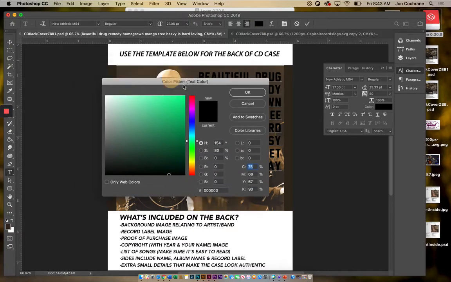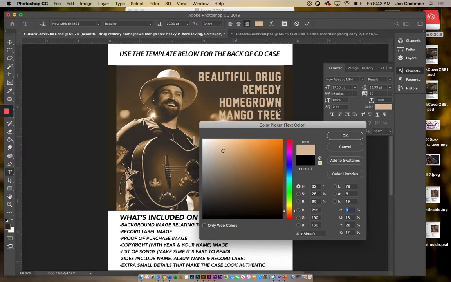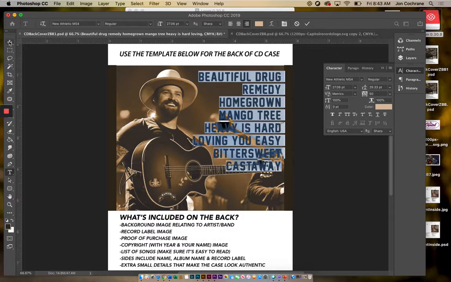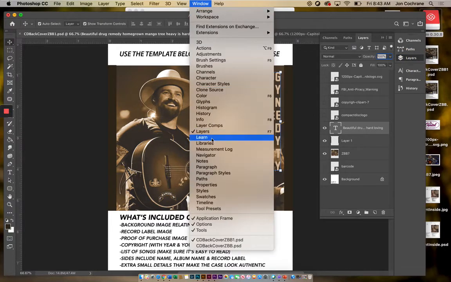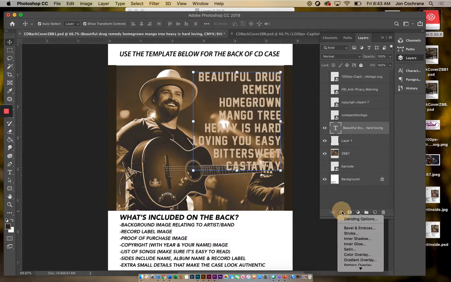Now, the font that I want to use, I'm going to go with something a little bit brighter. Let's go with a color like this. There we go. Okay, so now I've got that. Now I want to go back into my layers window, and usually I'll have to go Window, Layers to pop it open. And then I'm going to go into effects,